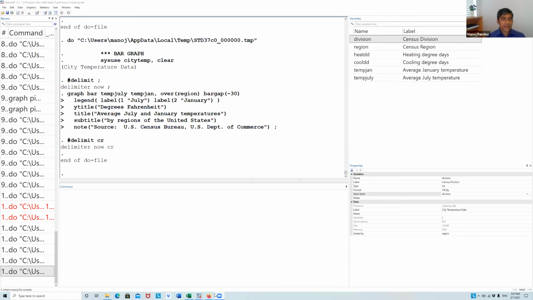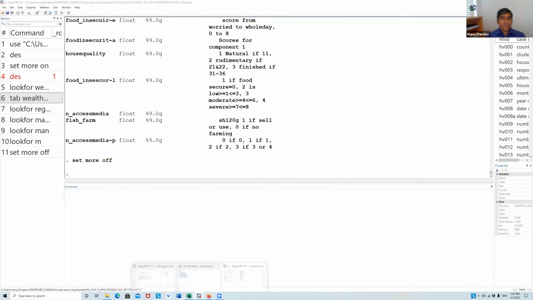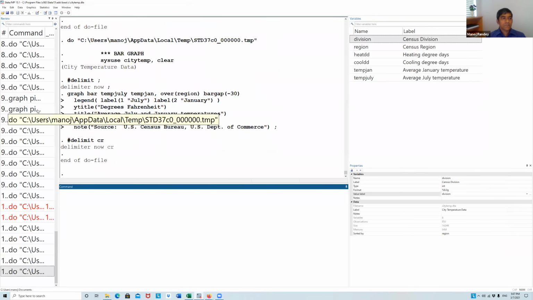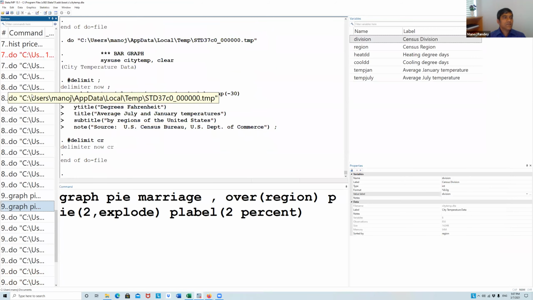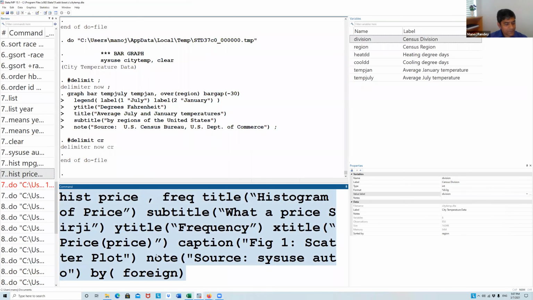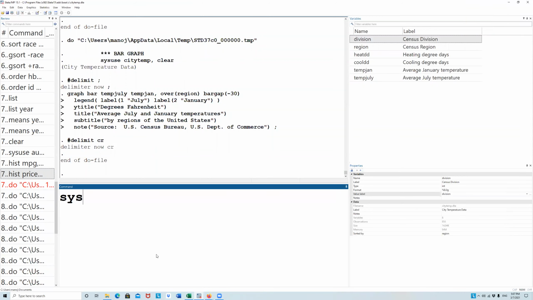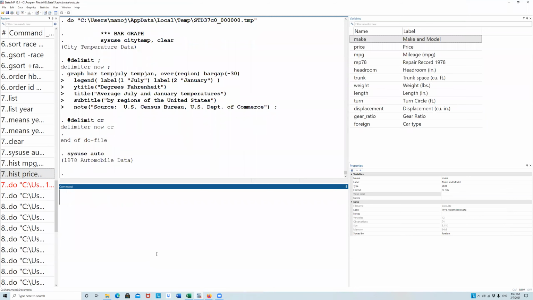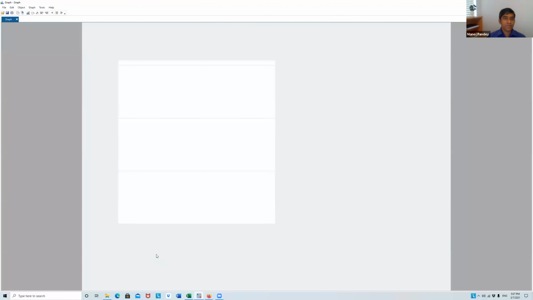So you take any graph. Let me just share and see if you can do it here. You take any graph that we made just now. Let's say we make this graph. Use auto and then here.